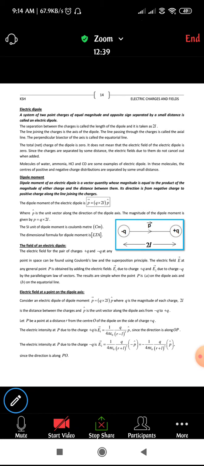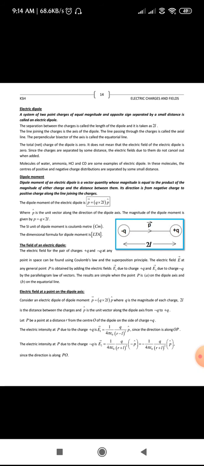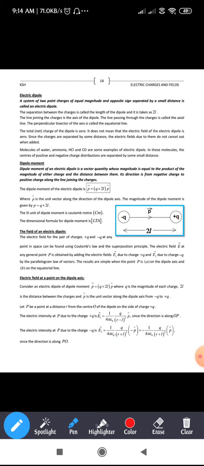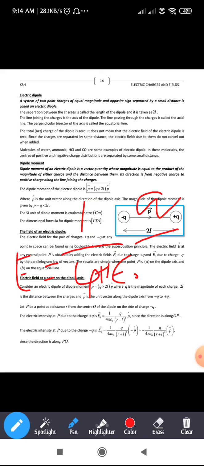Okay, so that is the mathematical equation of electric field. I'm going to write it once again here in the simple form. The mathematical form of electric field, how we are going to write, is E is equal to 1 by 4 pi epsilon naught into q divided by r square, right? So this is the standard form of electric field mathematically. Now the same thing should be applied to this derivation.